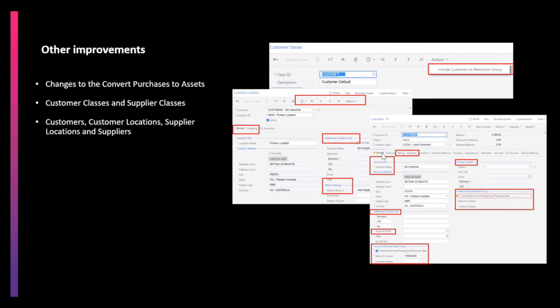Next, let's look at the changes for the customer screen. On the customer screen, a general info tab has been renamed as general, billing setting tab has been renamed as billing, and delivery setting tab has been renamed as shipping. Customer name field has been renamed as account name. Customer address field has been renamed as account address. The data privacy settings has been split into two, one for the primary contact and another for the accounts privacy contact. A primary contact section has been added. These changes, along with a few others, have also been extended to the supplier screen.